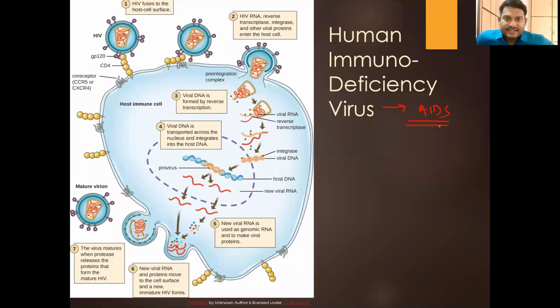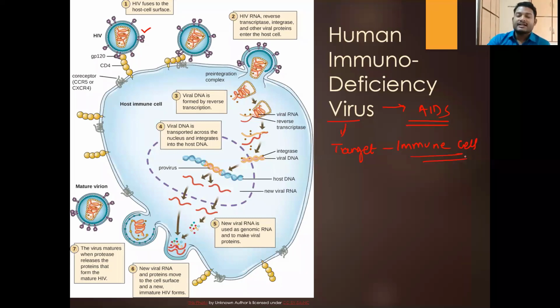So what happens here, as you can see, you have the HIV virus, and the same mechanism: the HIV virus comes to the cell, that is the host immune cell here. We all know that the HIV virus is going to target or affect immune cells. Now what are the immune cells, and why it happens, which cell it infects first, we all will learn about that in class 12th.